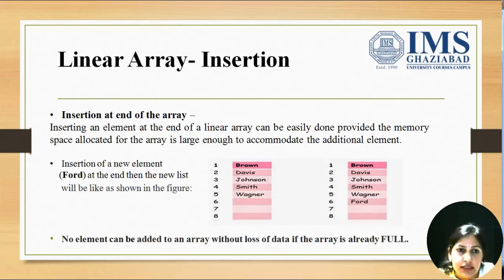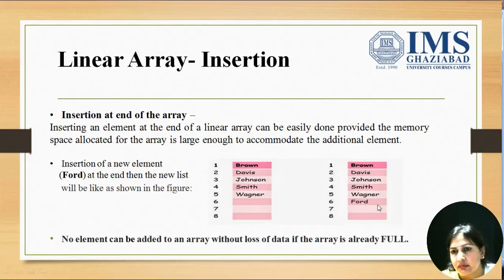When we want to insert an element at the end of a linear array, it is quite easy, because if there is space in the linear array, then we can easily add an element at the end of the linear array. For example, in this diagram, we have an array with names of 5 persons and 3 memory locations vacant. If we want to add a new name at location 6 or index 6, then we can easily add this